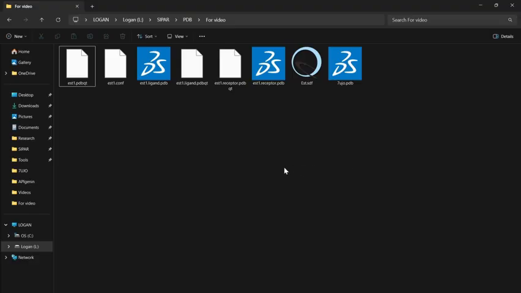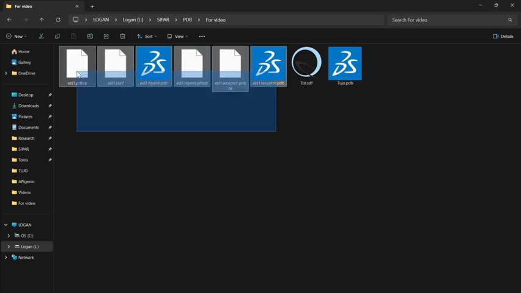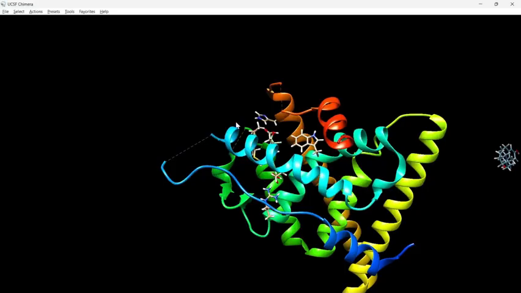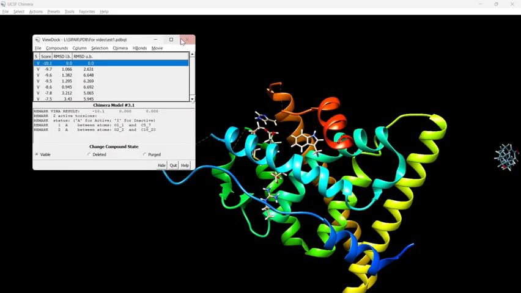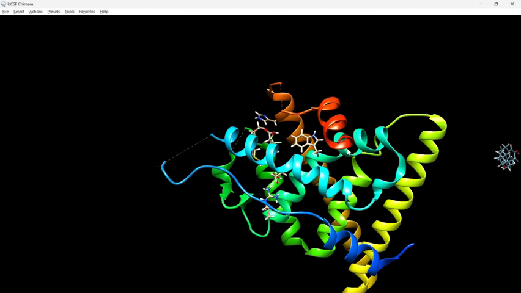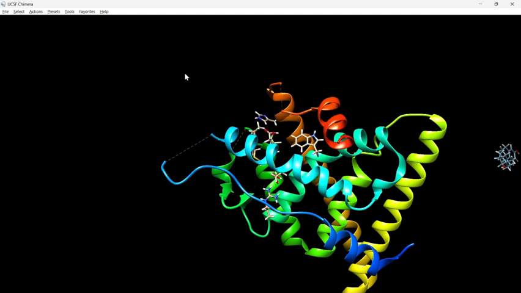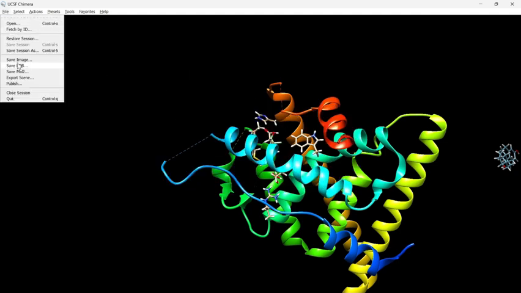Let's go to the results file over here. So here you can see these 5 are the results of our docking process. So you just simply close it. You know this one, 3.1, is the best one, right? You simply close it. And if you want to save the best one, just go to the files and